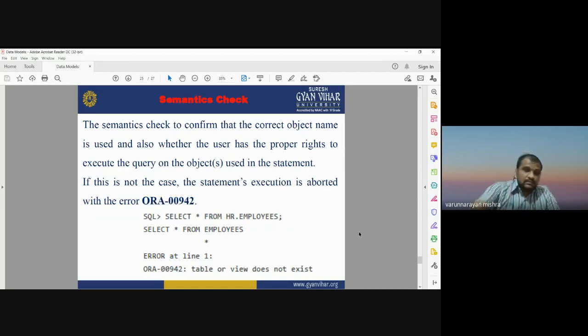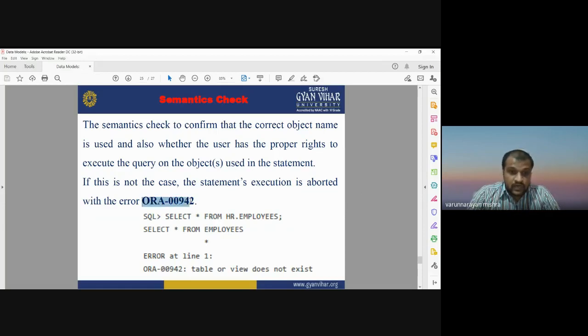If that table is not available in the database management system database, then you will find this kind of error. Suppose you are looking for table 5, but table 5 is not in your database, so you can have this error, ORA-00942. Table 5 is not available in your database, so you will have this kind of error.